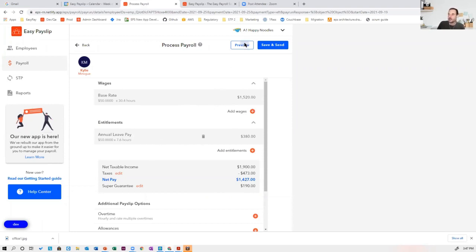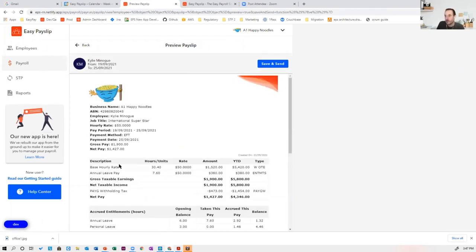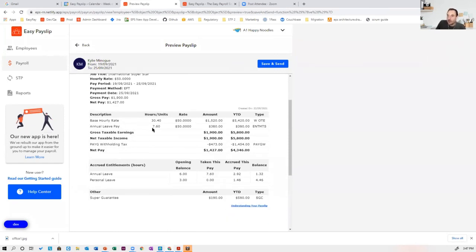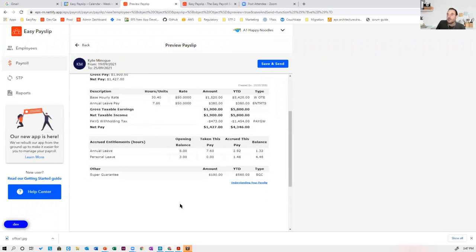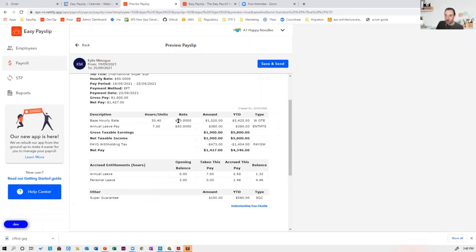So if I preview the payslip now, you can see annual leave pay 7.6 hours at her same base rate. You can also see that it's got some leave in the leave taken, and it's affected her balance at the end of the payslip. So yes, leave pay is calculated automatically based on the base rate that you enter in the employee record.